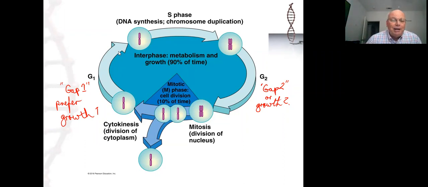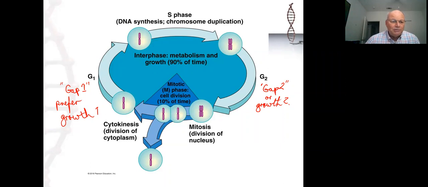If it doesn't move past G1, then it moves into a stage that has become known as G0, and that's typically a maintenance mode, where the cells are not growing, they're not preparing to divide, they're just maintaining themselves. And it shouldn't come as much of a surprise for you to realize that the vast majority of the cells in your body are in that maintenance mode most of the time,